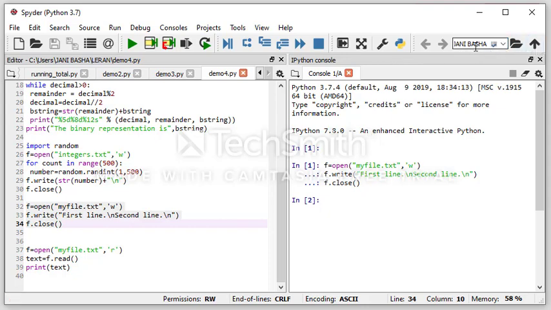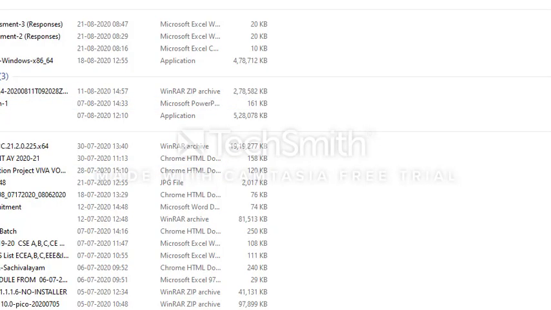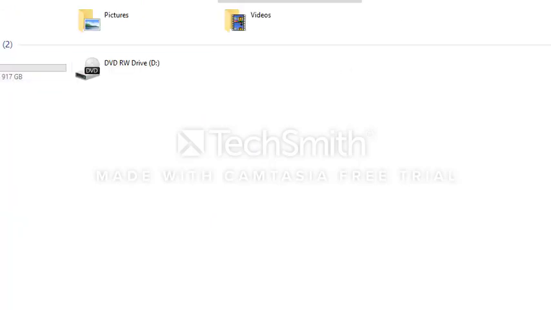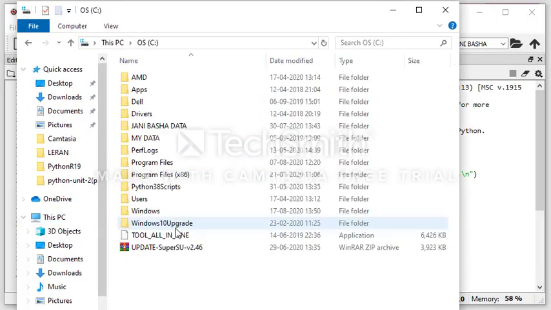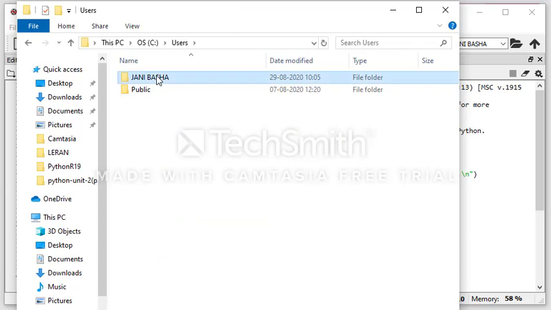This is the C folder, users. In the users folder there is a folder called Jani Bhasha, and in that folder my myfile.txt is stored. So the output is stored there. Now I'll open that and show you where that file is. In the C folder there is a folder called users, and in that there is a folder called Jani Bhasha.